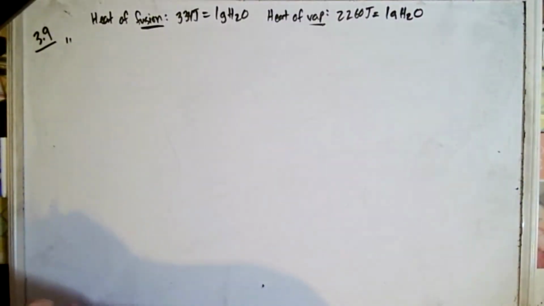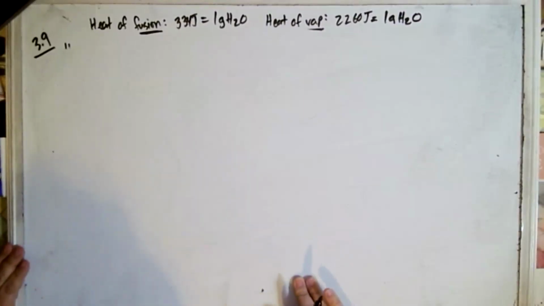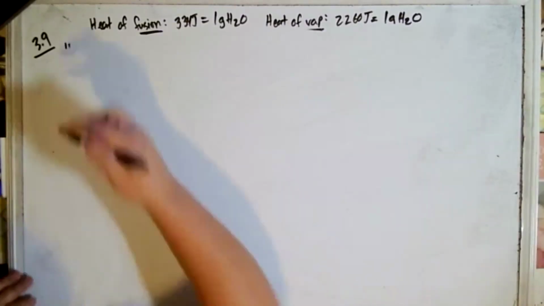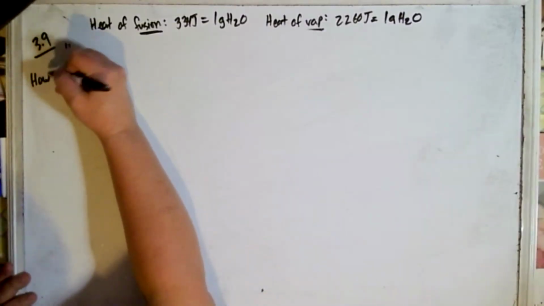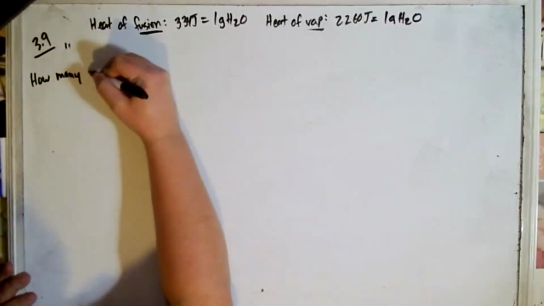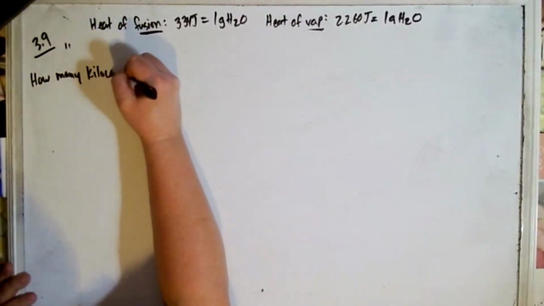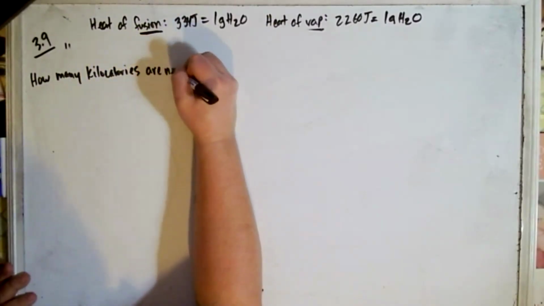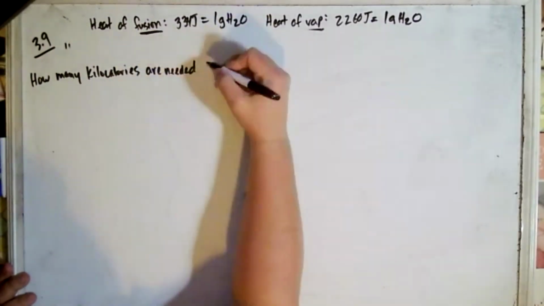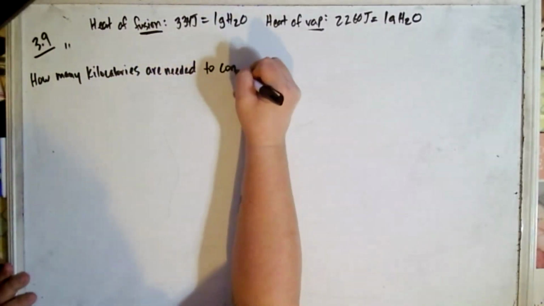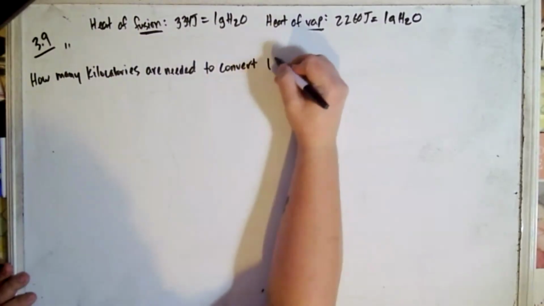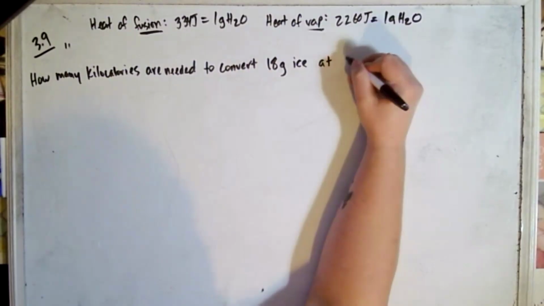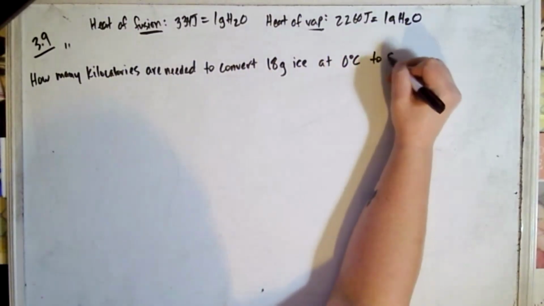But this final question, oh, you know what? They did make it a little bit different. This is going to be in terms of kilocalories instead. So the question says, how many kilocalories are needed to convert 18 grams of ice at 0 degrees Celsius to steam